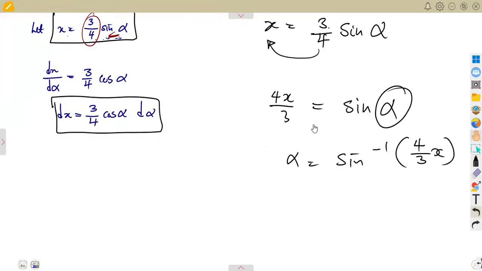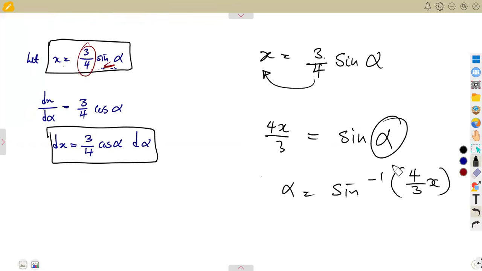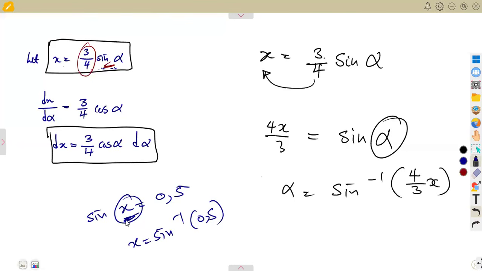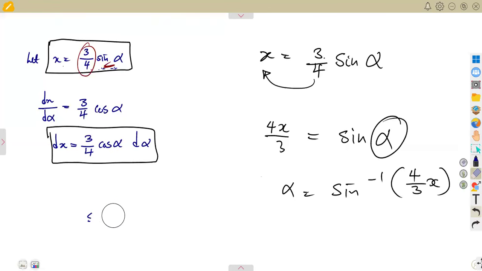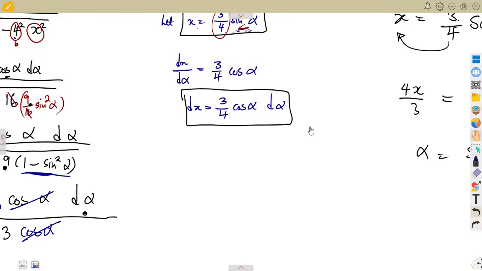So this is just like we are back to our trigonometry there. Remember, if you are given from your trigonometry there, if sine x is equal to 0,5, how do you find x? X is equal to arc sine 0,5. X is the angle. So here we are not finding exactly x. Alpha. We are finding that in terms of x. It's not an exact value that you're going to have. It is just in terms of what? In terms of x. So alpha as arc sine 4 over 3x. We are going to substitute in place of what? In place of